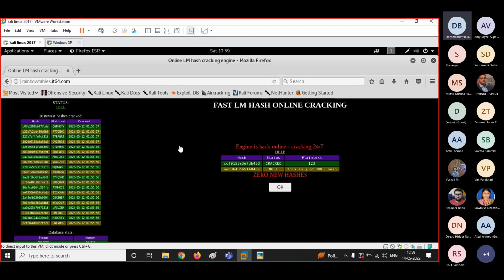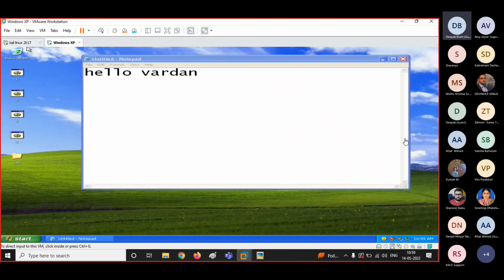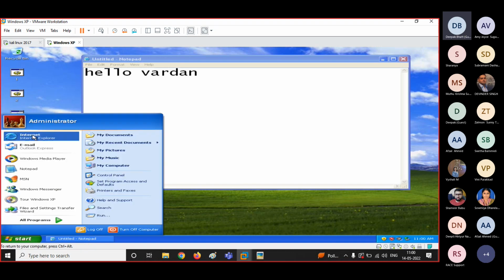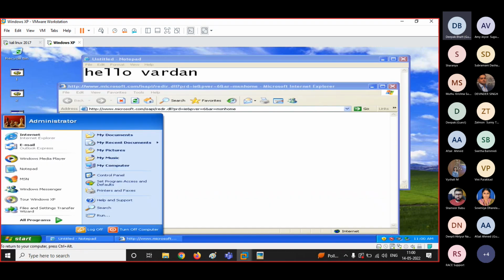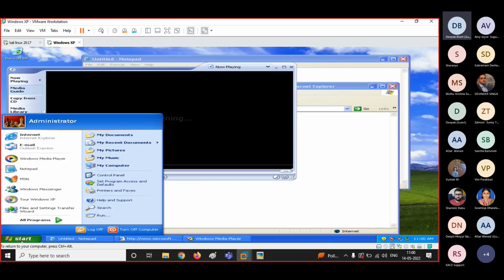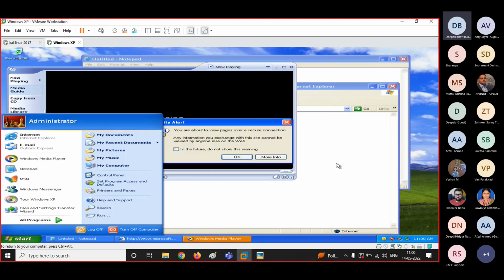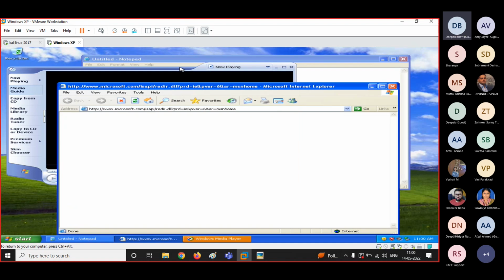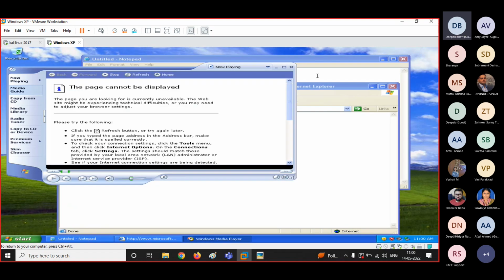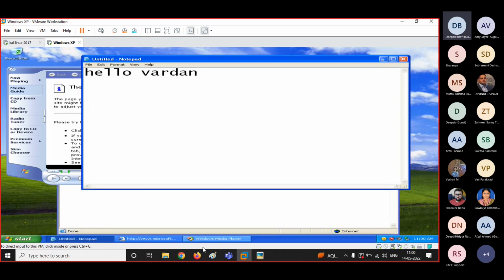Now, guys, we have done these two things. Now you want to take the access of the complete machine. You want to see live in front of you what the target is doing. Is he opening Notepad? Is he going for the browser? Is he opening the music player? Is he surfing something else? Whatever he is doing, you want to get it in your system also, right? So what will you be doing in that case?